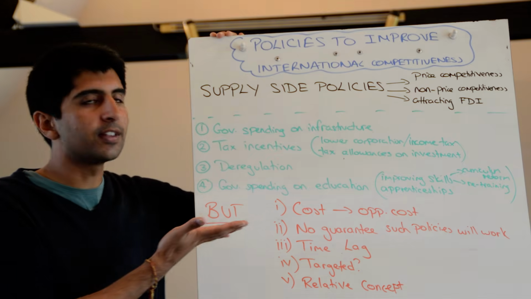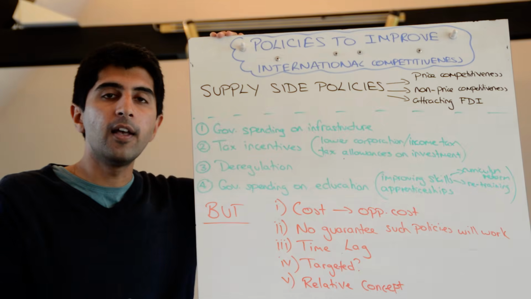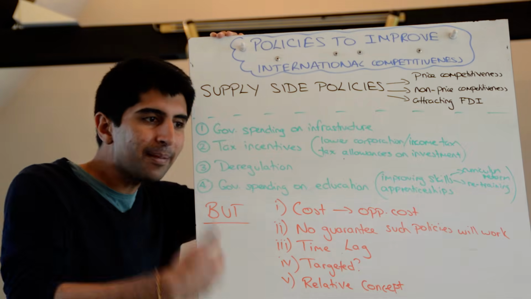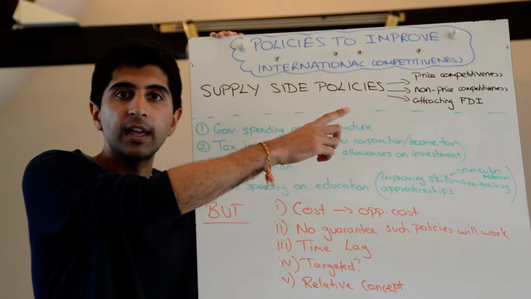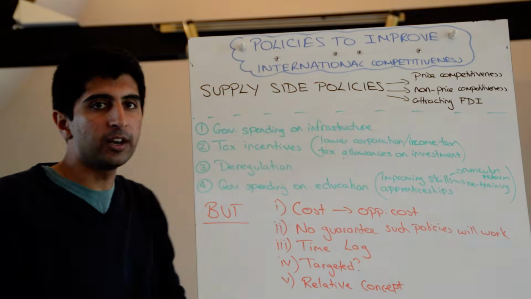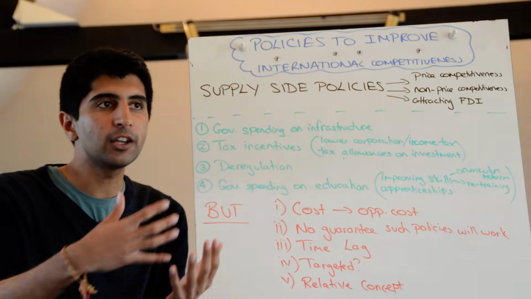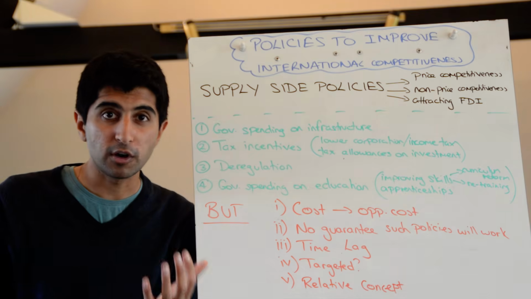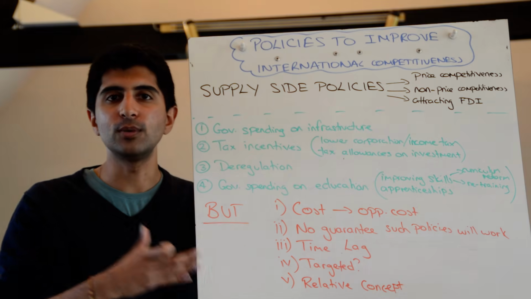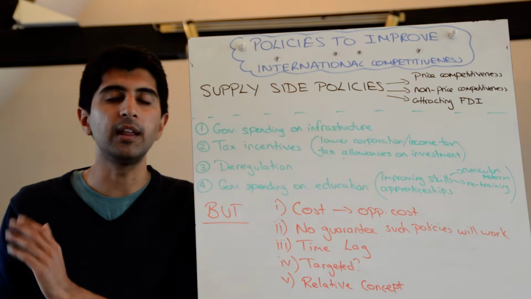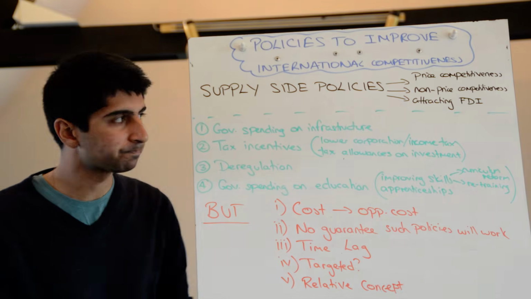So when we look at these given supply-side policies, you must be able to, in your essay, start with a policy and then develop the chain of analysis which will take you to one or more of these three things. If you finish there with an improvement in price competitiveness maybe, with an improvement in non-price competitiveness, with an increased ability of a nation to attract FDI, then by definition you have used this policy to in theory link to an increase or an improvement in international competitiveness. That's what you've got to make sure you can do, and I'm going to do that in this video here.